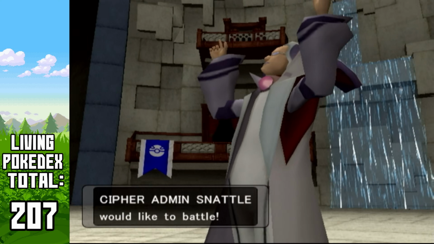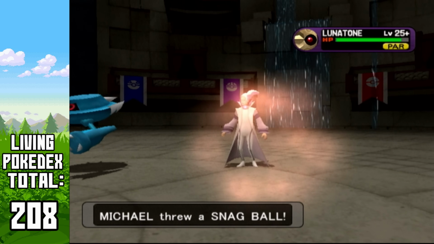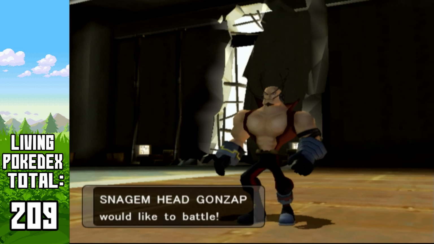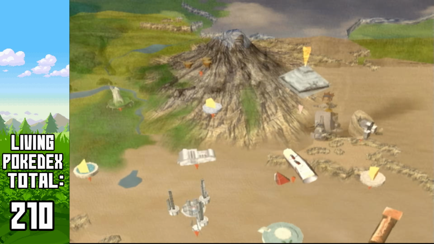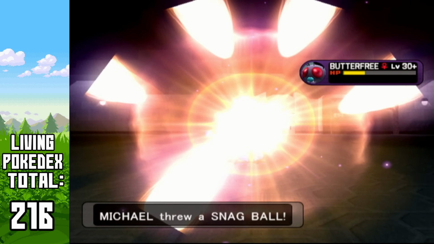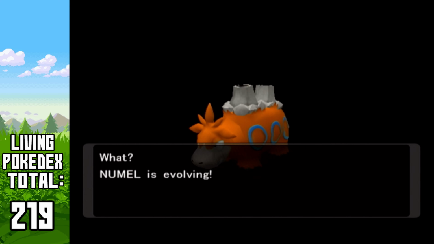Once Michael reached Phoenix Stadium, Snatto challenged him to a battle, allowing Michael to snag his Shadow Lunatone. And while passing through the outskirts stand, a trainer named Portal gave Michael a Shadow Togepi. After defeating Gonzap, Kirlia evolved into Gardevoir, and Michael made his way to the Cypher Key lair, where he snagged the Shadow Zangoose, Growlithe, Shellder, Beedrill, Pidgeotto, Butterfree, Venomoth, and Magneton, as well as evolving Numel into Camerupt after defeating